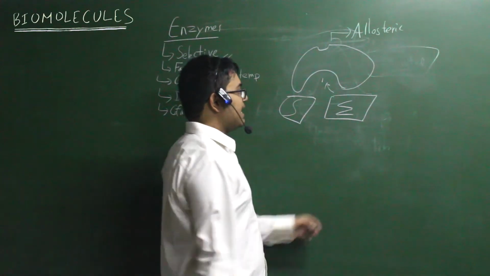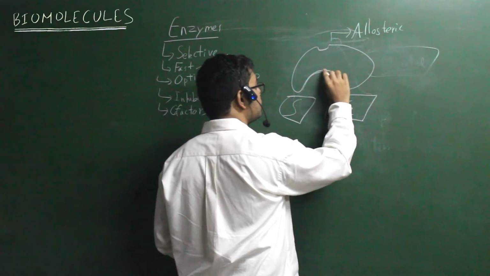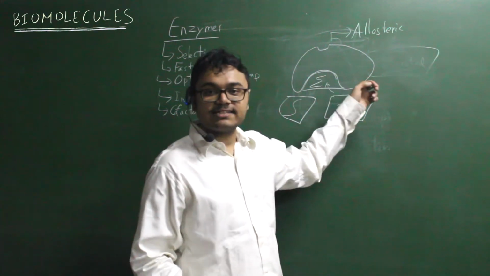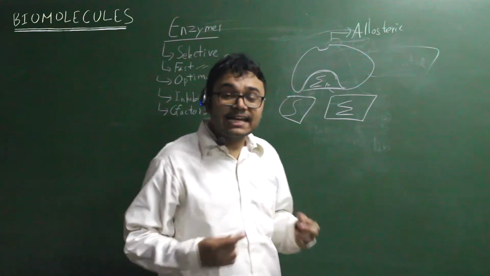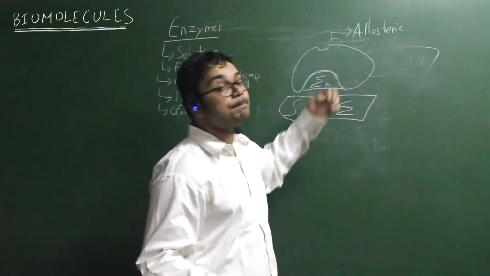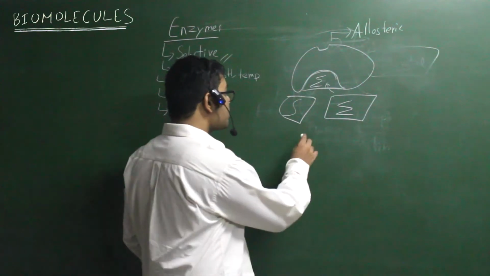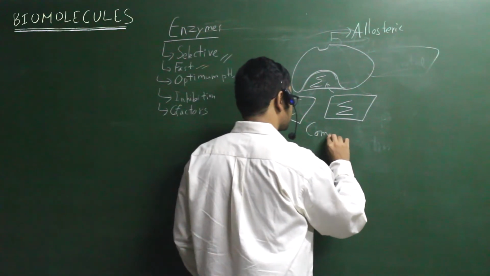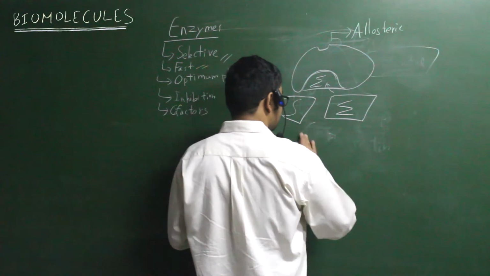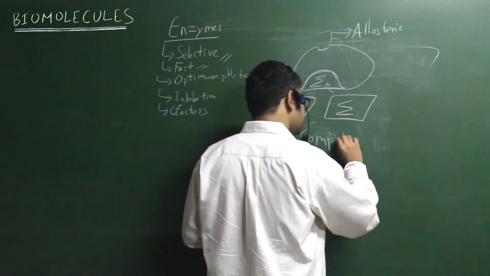So the poison has the compound that goes and it actually binds to this better. Sigma binds better than S to our enzyme. And so S can't bind. And yet, sigma can't undergo the reaction and become a product. So what happens is the enzymes get blocked, the crucial action doesn't take place, and we die. This is known as competitive inhibition. Maybe I should use the other color, the allos color. So this is competitive